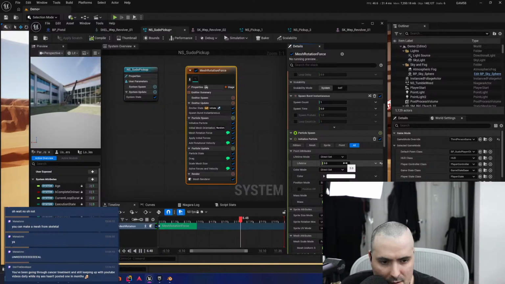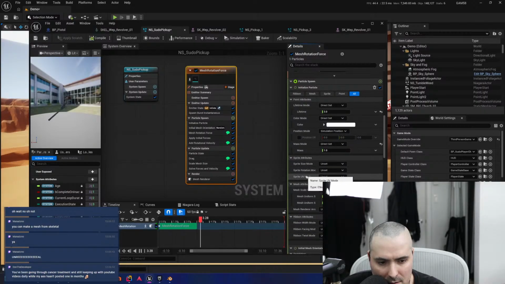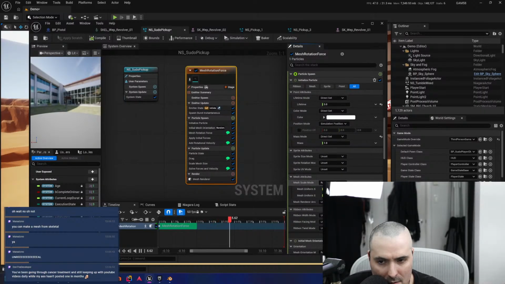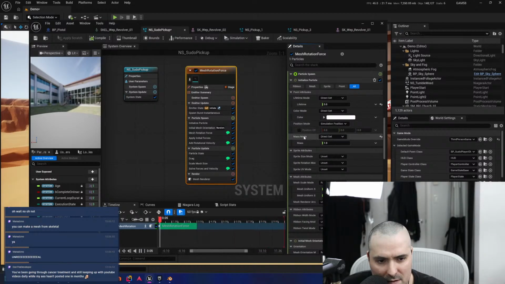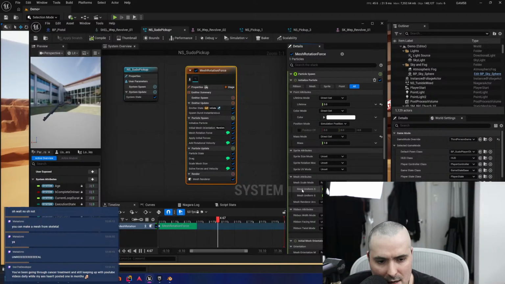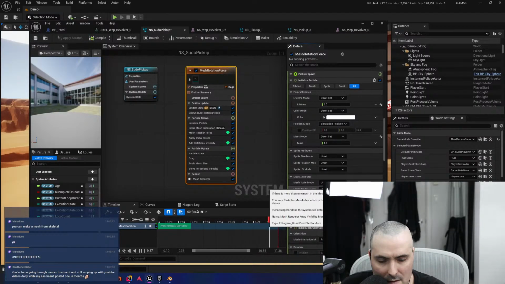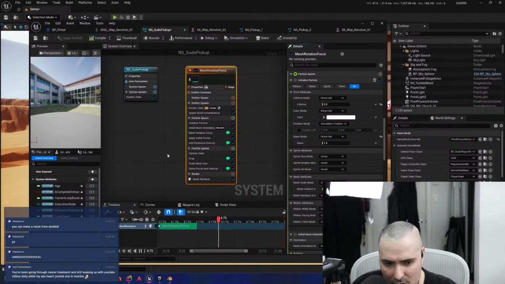Okay. And then we need the spin. Wait. Point attributes. Okay, this. No, why are you still doing that?